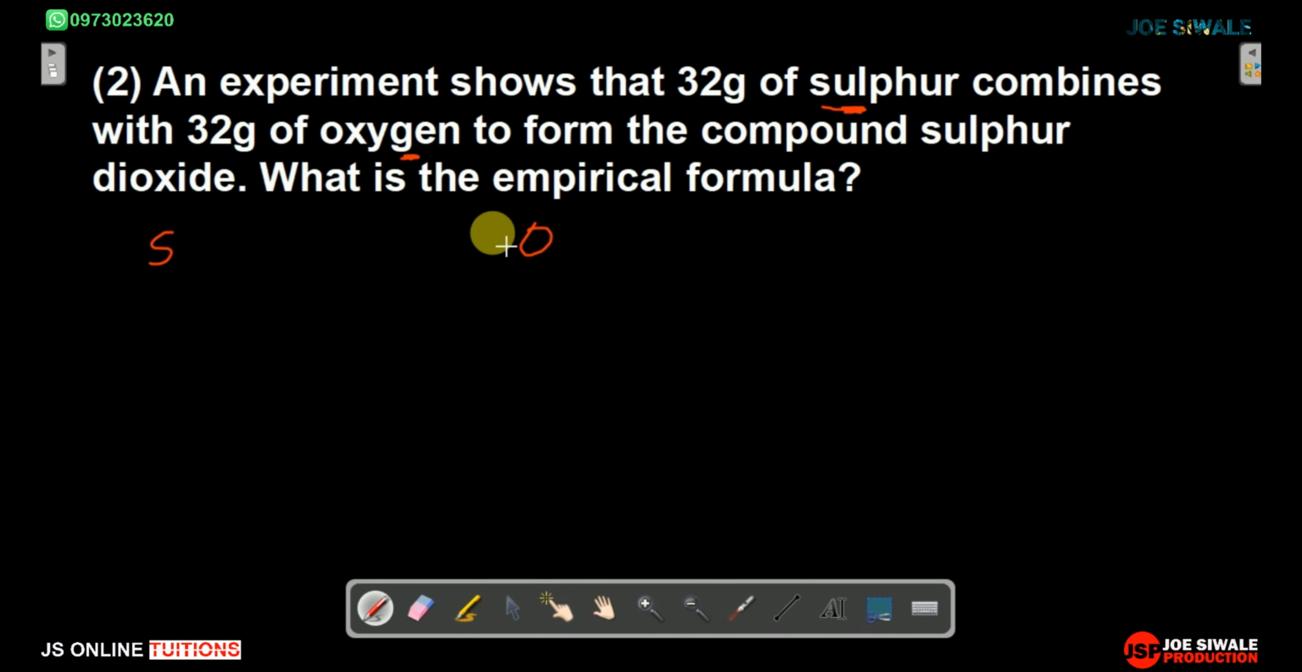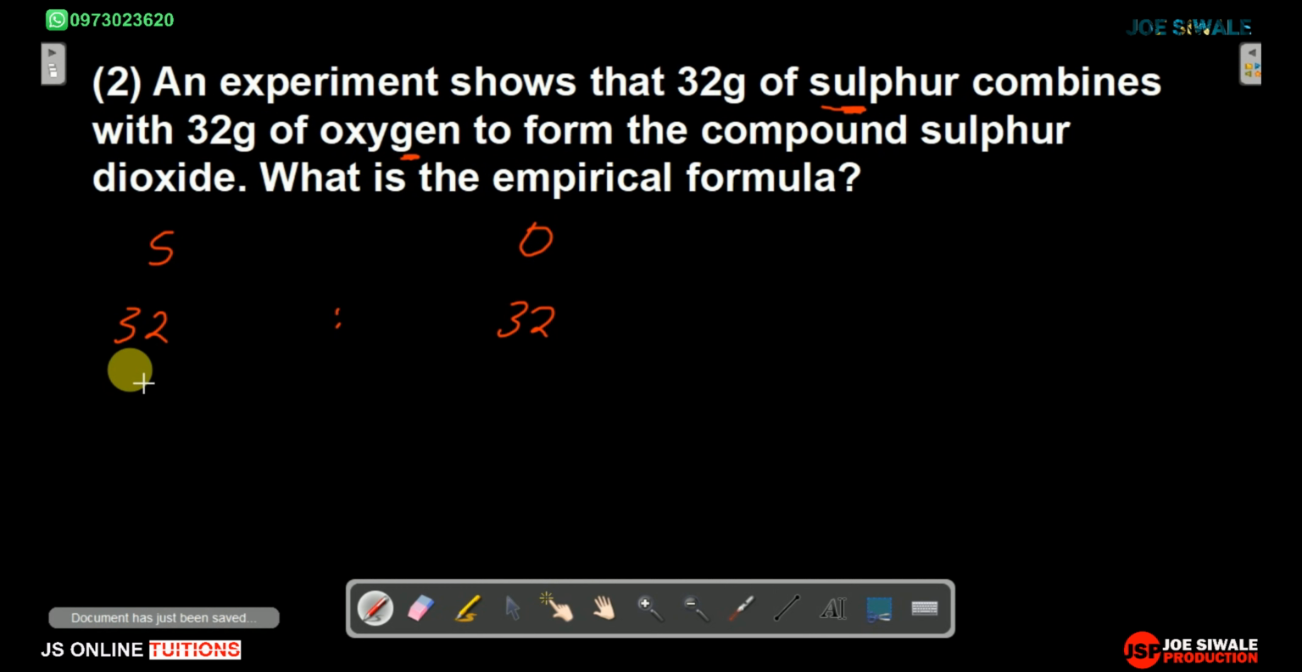Then the second thing that we're supposed to do is to find the masses. So we've been told 32 grams of sulfur there, then we also have 32 grams of oxygen. So we'll say 32 grams of sulfur, then 32 grams of oxygen. Then after that we're going to divide the masses by the